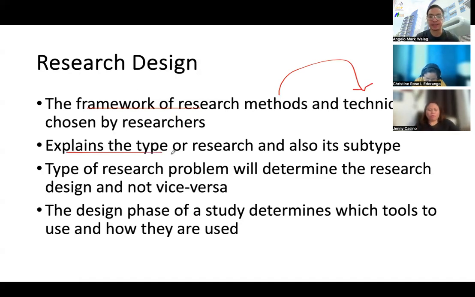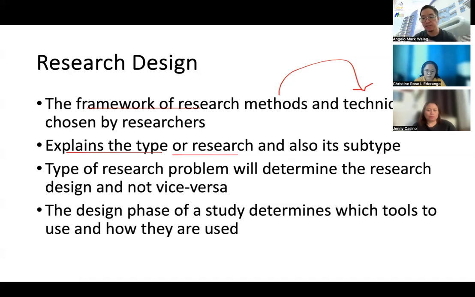It also provides the type of research, and also its subtype. So you remember in our mixed methods, for example, if you have sequential exploratory, you have to characterize what subtype of sequential exploratory, or you can also discuss the prioritization or the emphasis of the study. Like this is a sequential exploratory design with qualitative as the emphasis, and quantitative only comes in this manner.